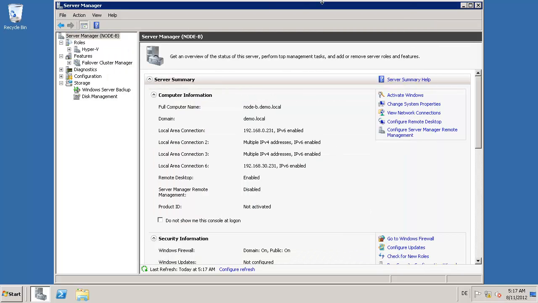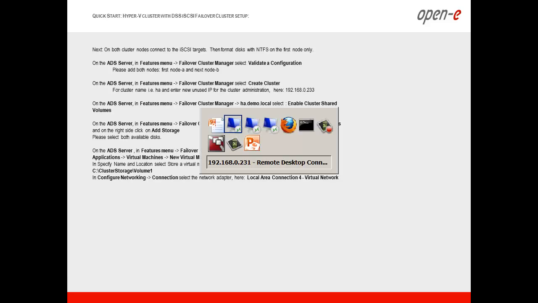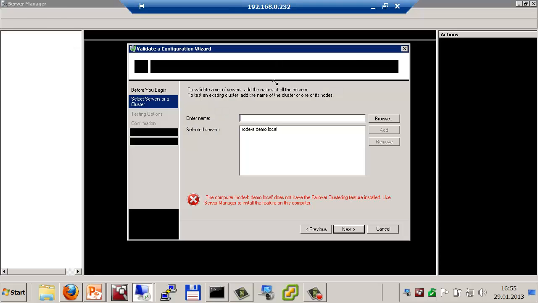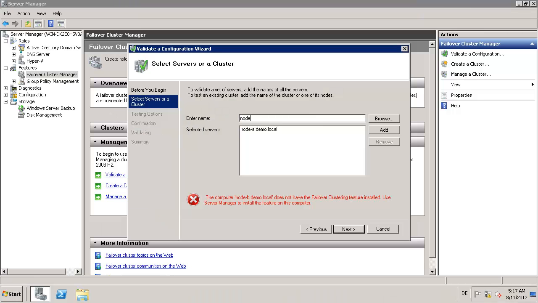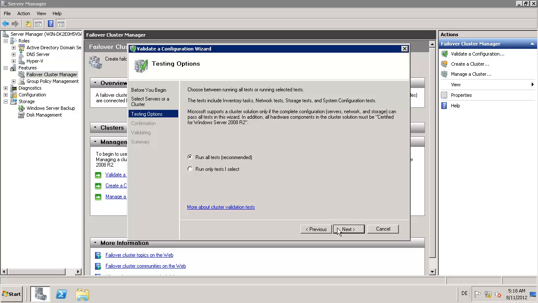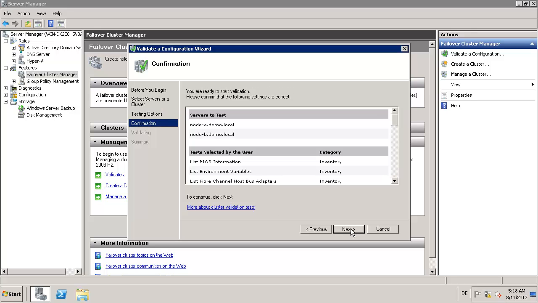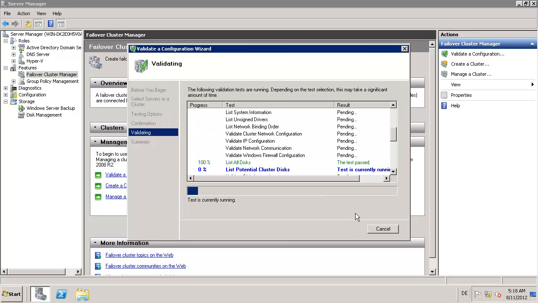Great, so one more try. I go to 232. And now it's much better. So we have both nodes ready to validate. So run all tests. Yes, we need to do it. And it will take some time,